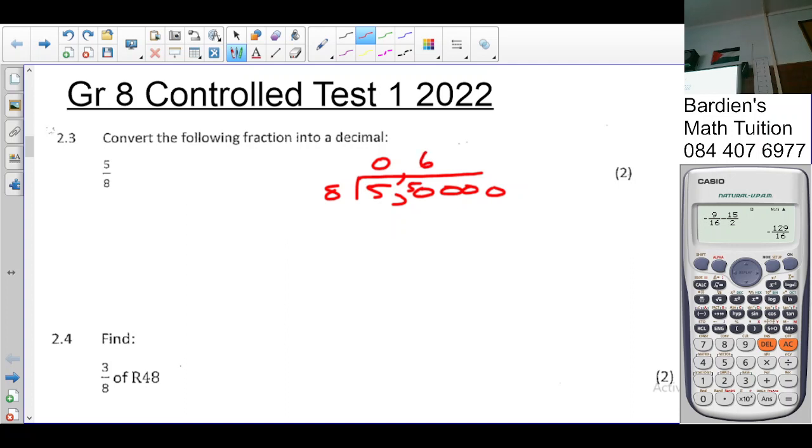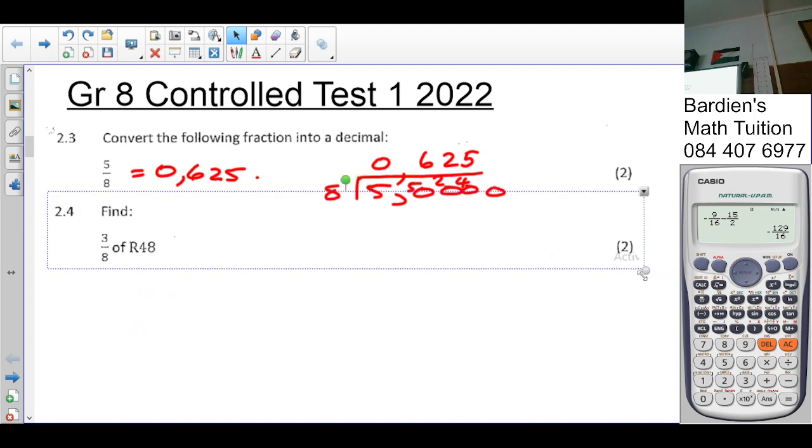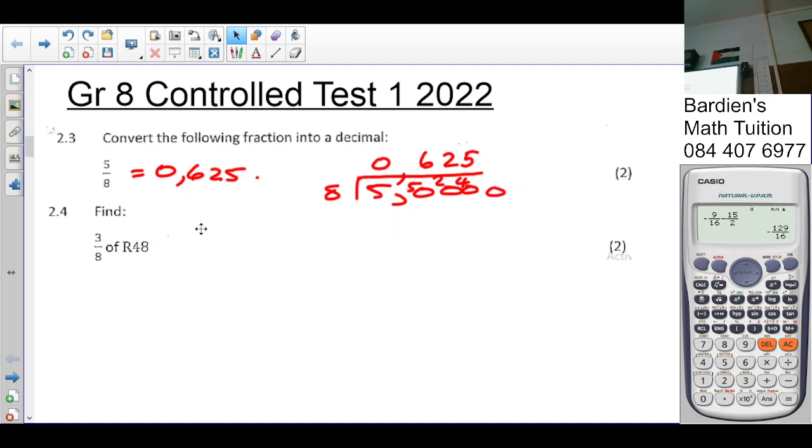6 times, carry? It's going to be 48 now, so it's 2. That goes twice? 4. It goes into 40? 5 times. So the answer is 0.625. Okay, otherwise you can do long division. Is that correct? Alright, I think that was the easier way of doing it instead of guessing. The next one,